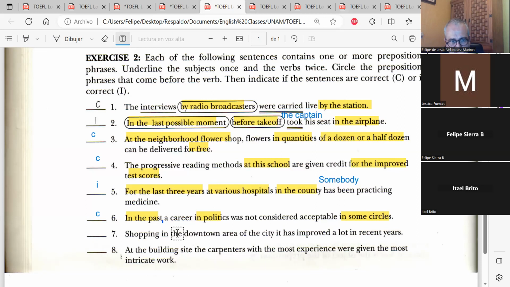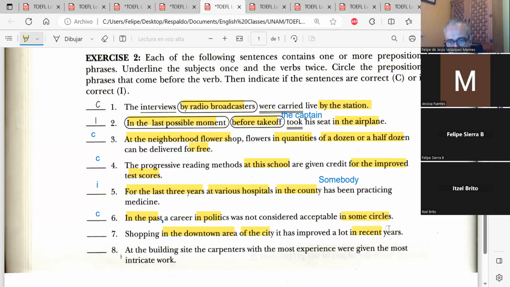No, incorrect. I might disagree with you, but tell me. Continue. Yes, you're right, but now tell me. Well, because it has shopping in the downtown is a prepositional phrase. In the downtown area. In the downtown area of the city